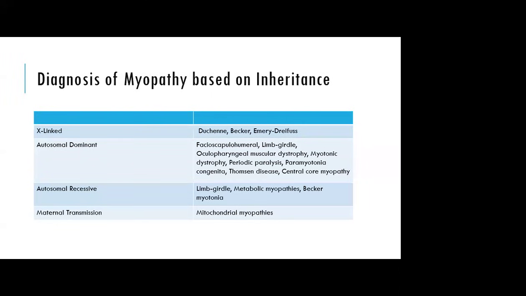So in the diagnosis of the myopathies, based on the inheritance, we have X-linked, autosomal dominant, autosomal recessive, and maternal transmission. The X-linked ones are classical Duchenne's and Becker's, and EDMD is also X-linked. Autosomal dominant are FSHDs, limb girdle, OPMDs, myotonic dystrophies, all the periodic paralysis, paramyotonia congenita, and in myotonia congenita, the Thomsen is autosomal dominant, whereas the Becker is autosomal recessive, and the central core myopathies. The autosomal recessives are again a certain type of limb girdle and